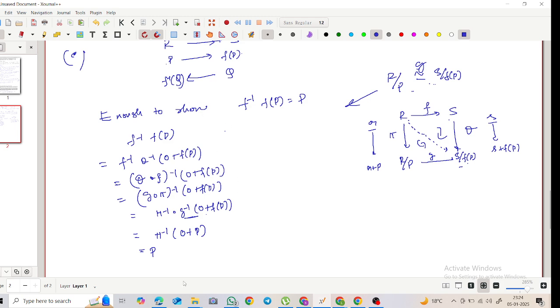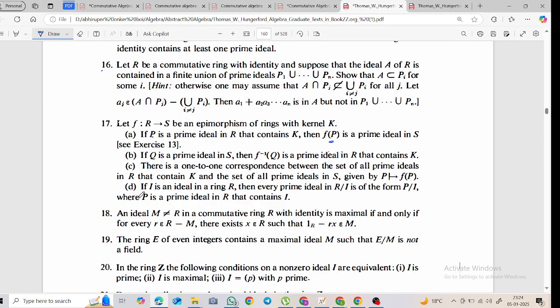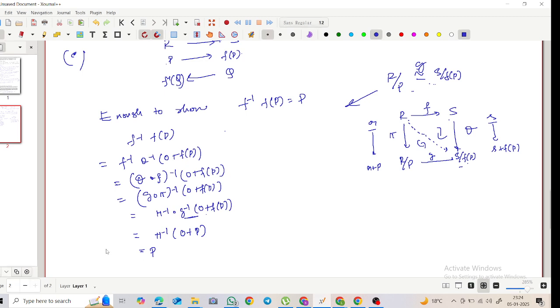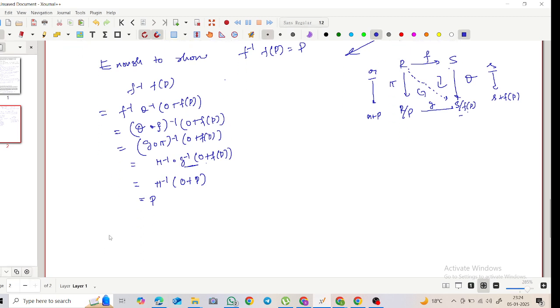So this is a bijection, a one-to-one correspondence. If I is an ideal in ring R, then every prime ideal of R mod I is of the form P mod I. Okay. So for D, take S equals R mod I. Then